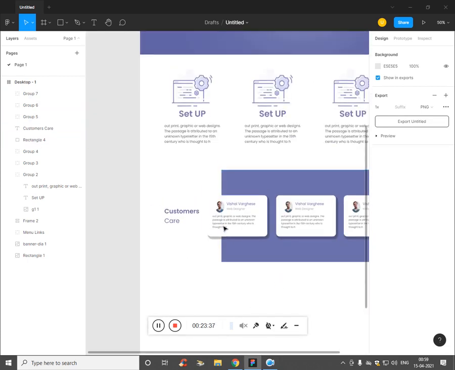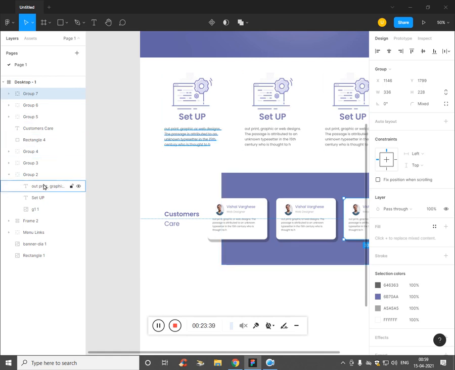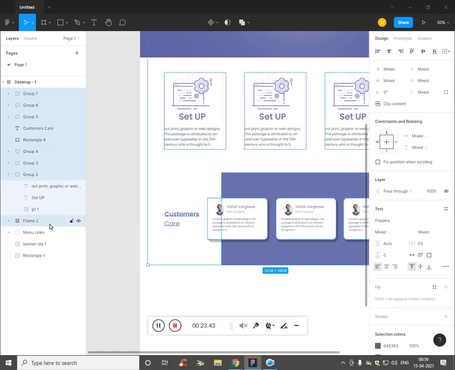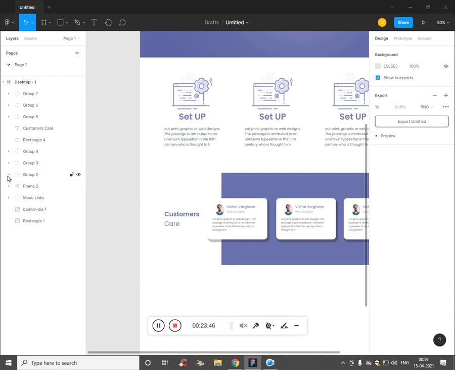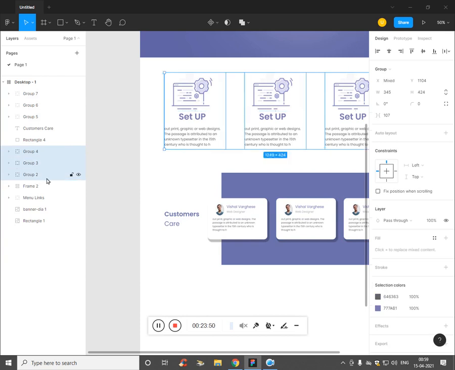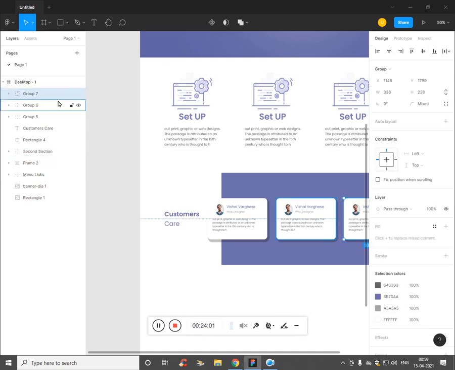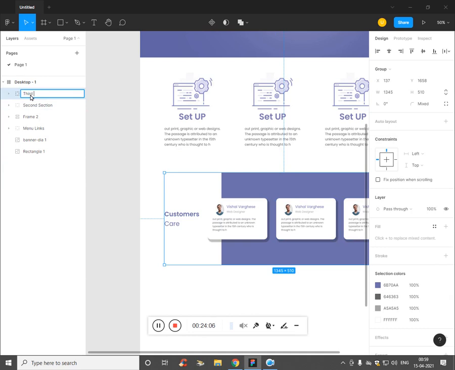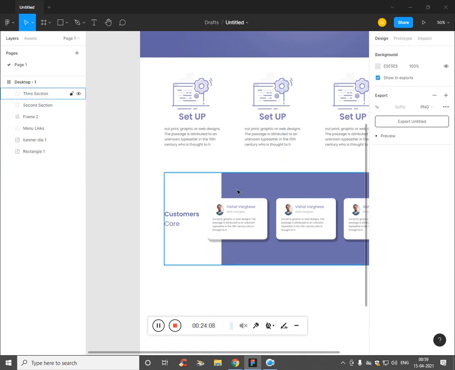We have completed the third section. We'll make this the third. These are groups, Control G, and this is the second section, and we'll make this Control G and make it the third section.